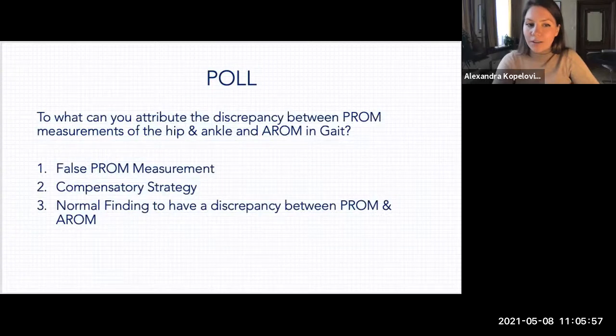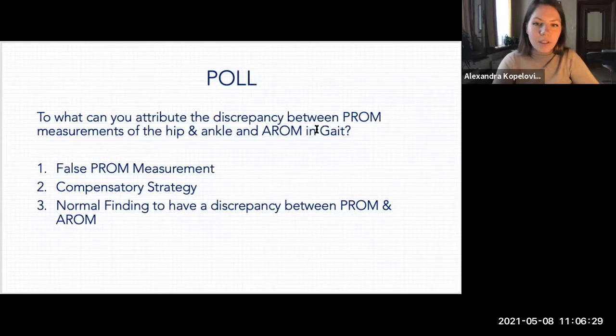So what are some factors that you can think of to what you can attribute the discrepancy between passive range of motion measurements of the hip and ankle and active range of motion in gait? Is it false passive range of motion measurement? So I didn't do my measurement correctly. Is it a compensatory strategy? Or is it a normal finding to have a discrepancy between passive range of motion and active range of motion during gait? So I'm going to start the poll and